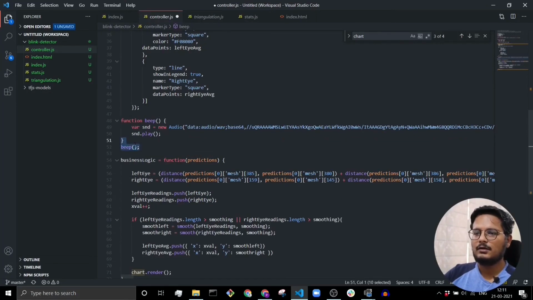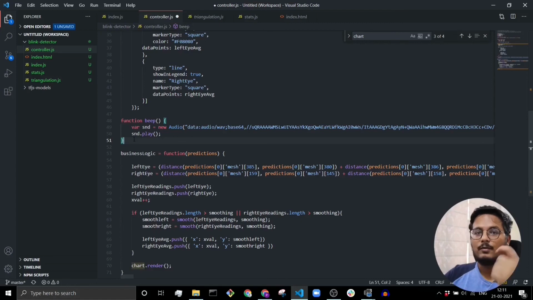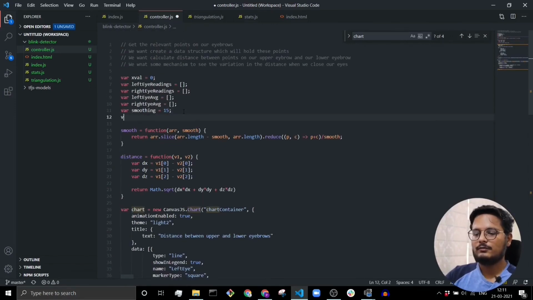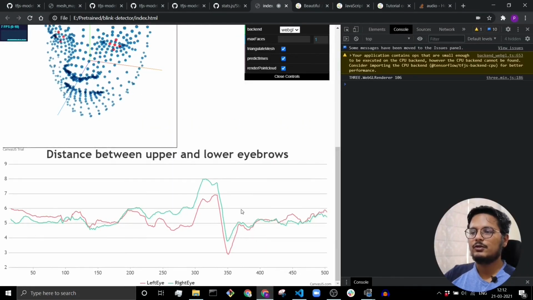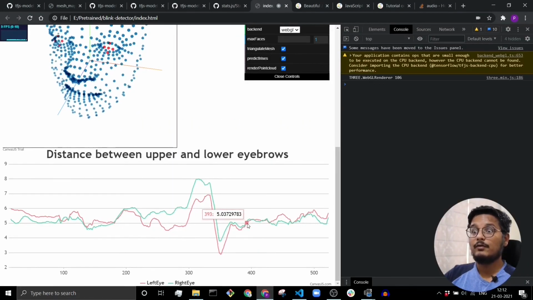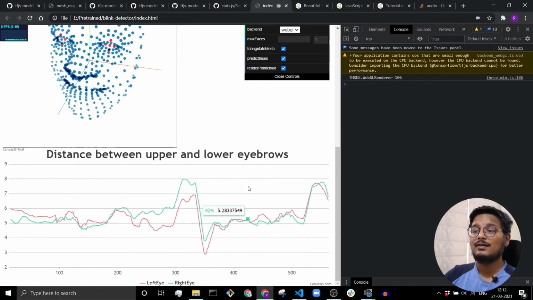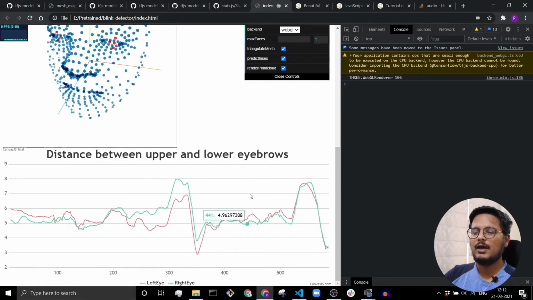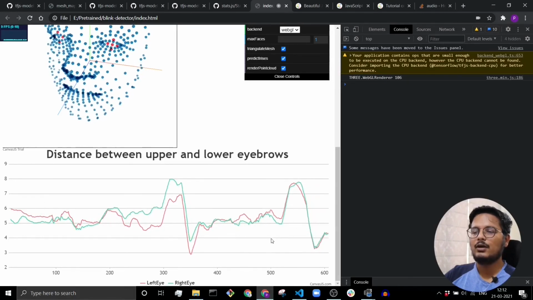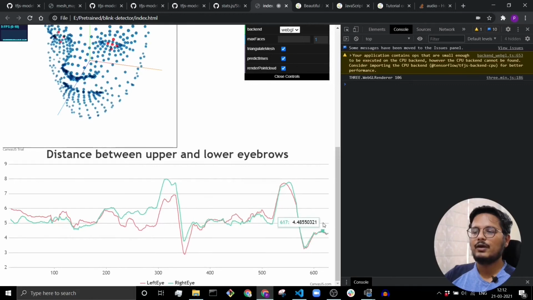So this is our beep function, which we will use to play a beep whenever this function is called, and we will put a threshold, where threshold is equal to what should be our threshold. So for that, we need to observe our readings here. Whenever we widen our eyes, the reading shoots up to around 7 or 8. And whenever I close my eyes, the reading falls down to below 4. So I think we can comfortably put a threshold around